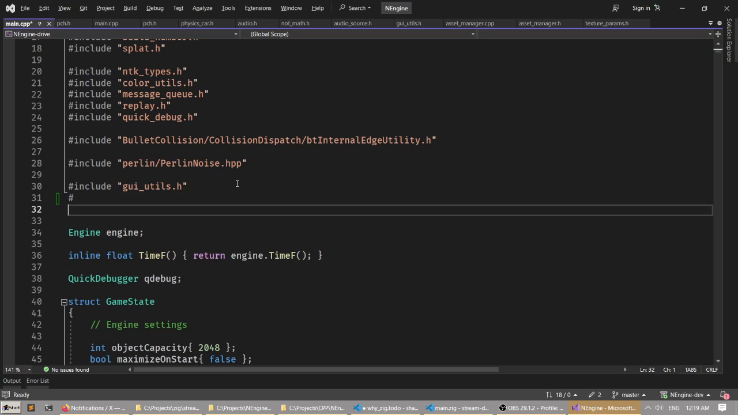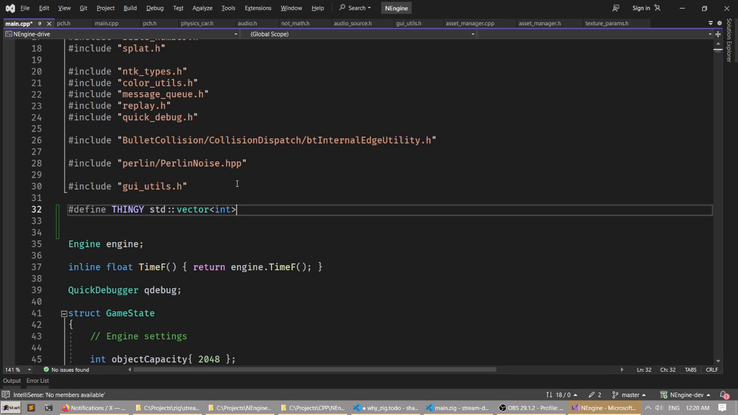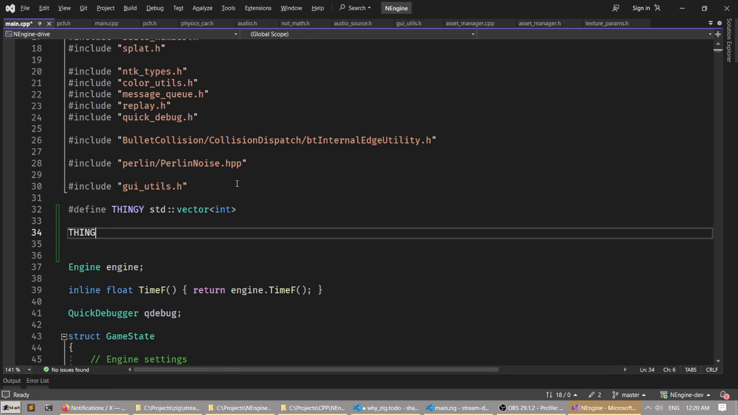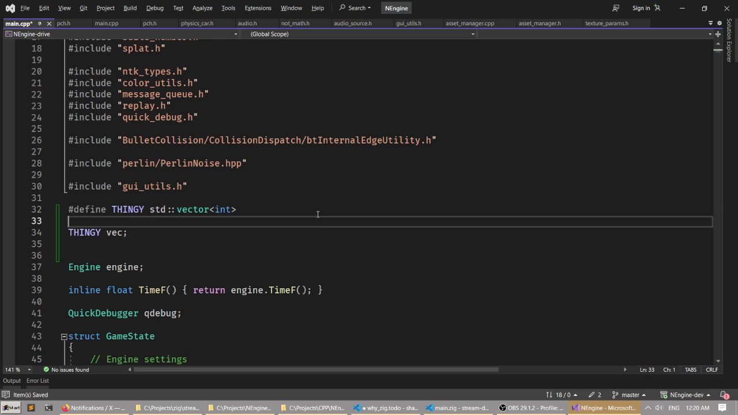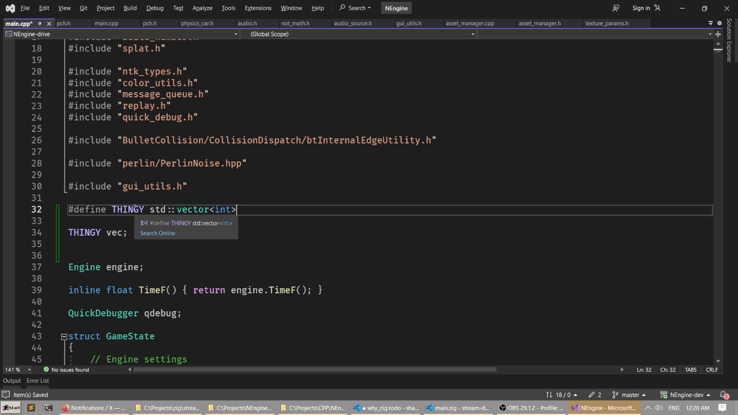If you say define thingy is whatever, std vector int, now that thingy is this, right? Well, without this. So if I now say thingy vector, right? It has become this. But what it does is that it just literally replaces this. And once you start replacing everything, it becomes incredibly difficult to debug. But for this kind of thing, you would probably use a typedef or something, which is like another layer of